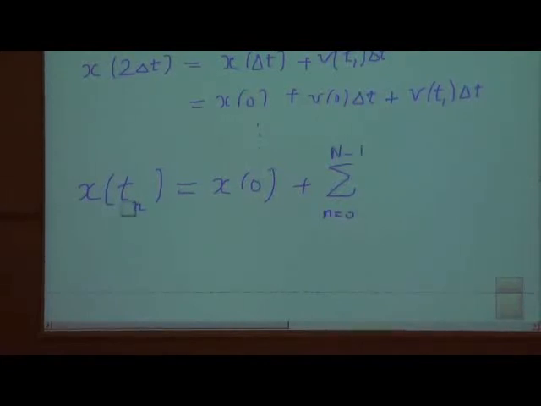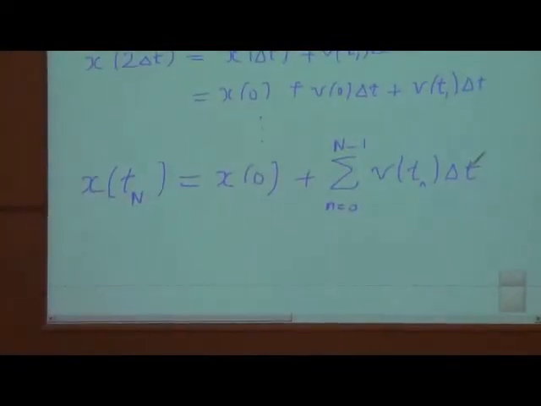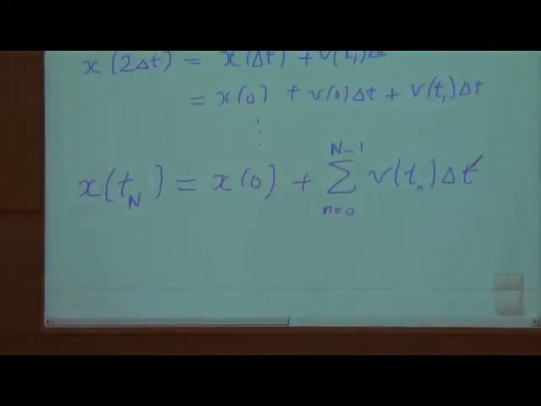So the total distance gone at some later time t sub n, the nth time that I measured, is simply equal to x0, the position I started from, plus